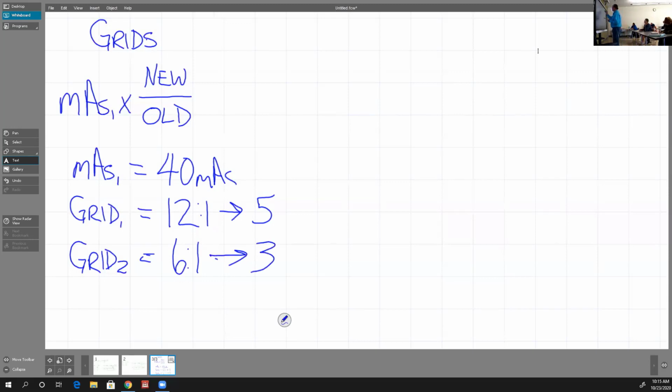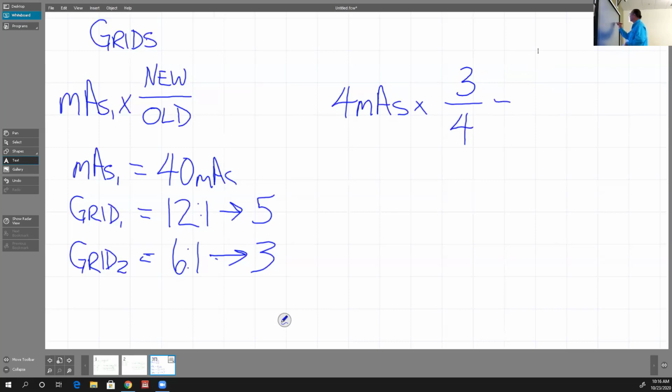Okay, I'm going to take 40 mass times what I look at. I'm going from a 12-to-1 to a 3-to-1 or a 6-to-1. So I am going to have a lower mass. Would you agree? It's less efficient. So I'm going to take this times 3 divided by 4. And that's going to be,